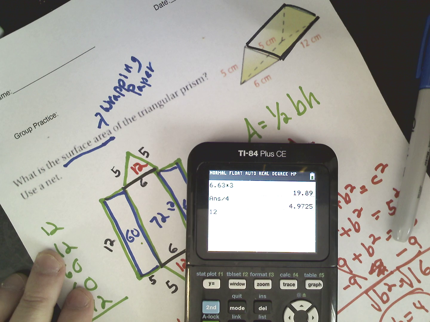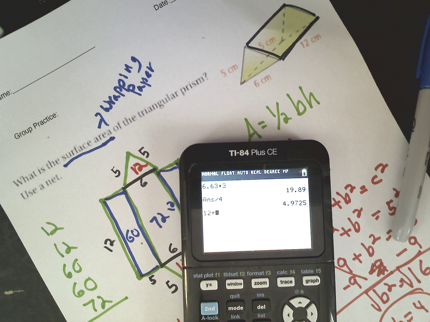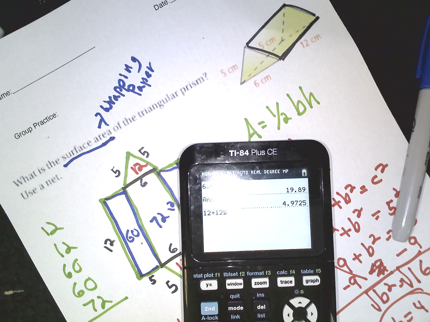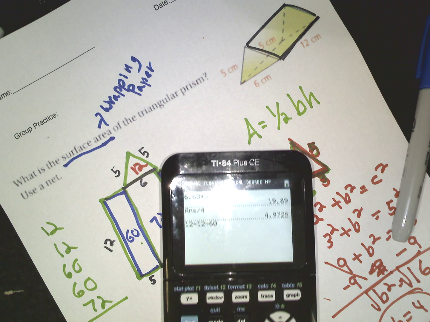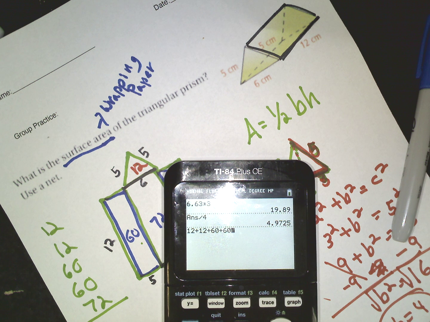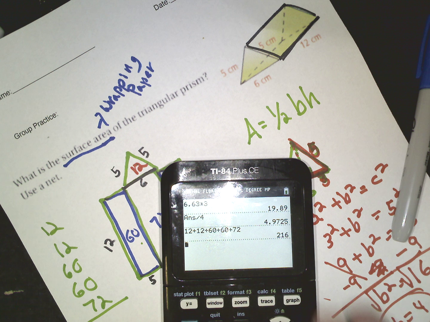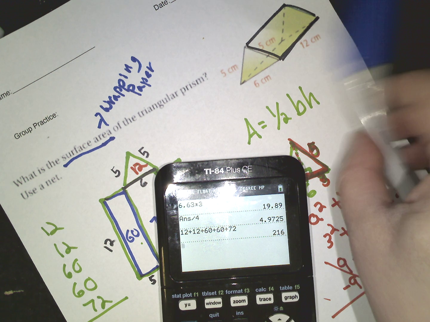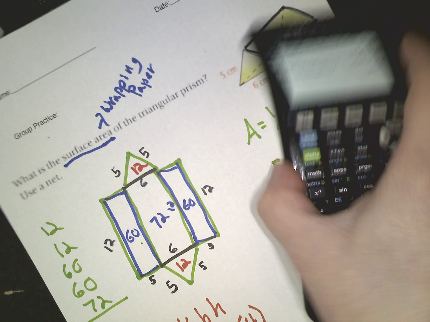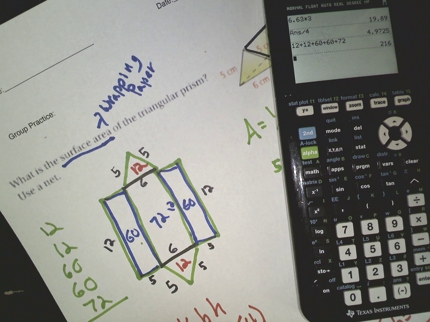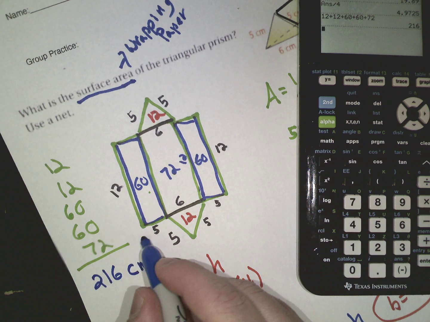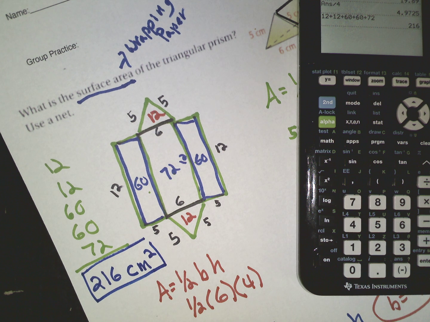So I go 12. Sorry, 1 second. Almost done. 12 plus 12 plus 60 plus 60 plus 72. The surface area of this prism, it would take me 216 square centimeters to wrap this candy bar up for you and give it to you for